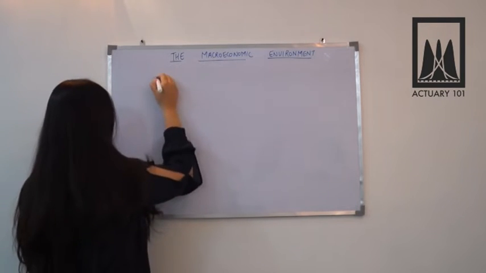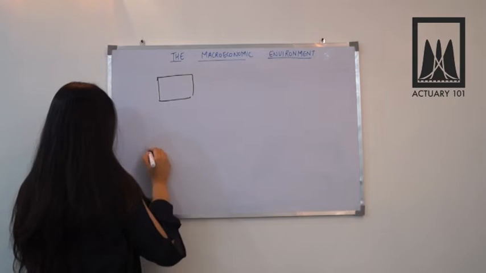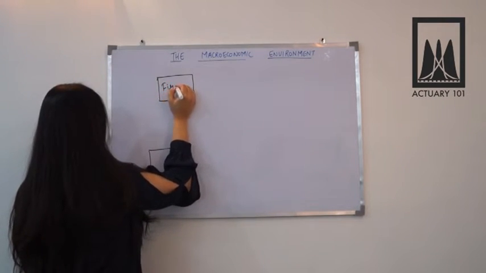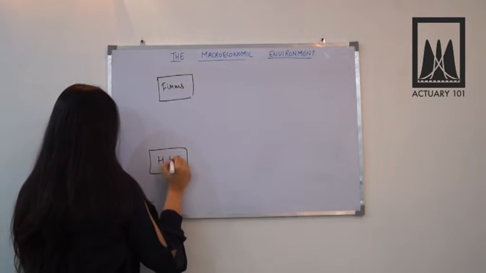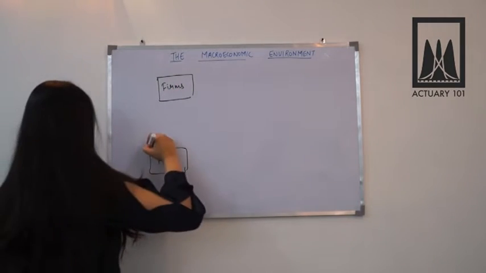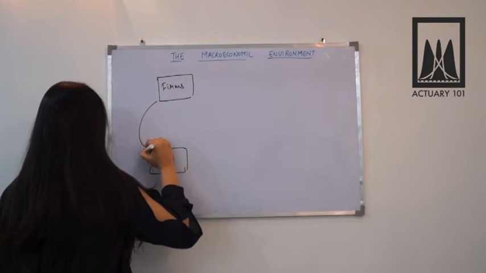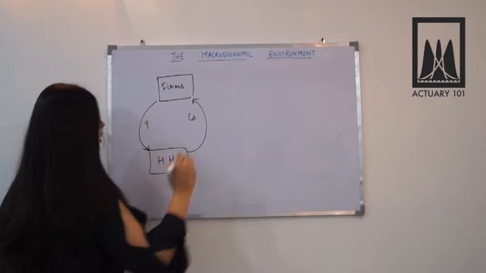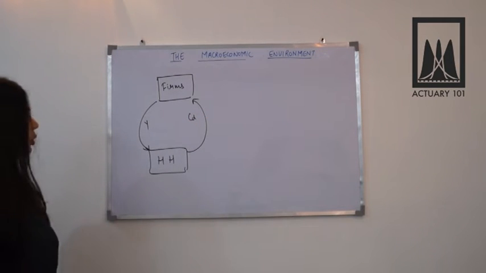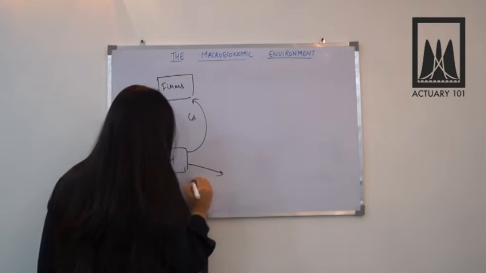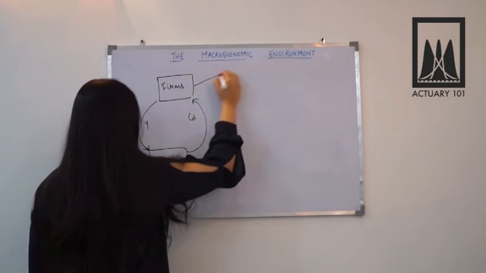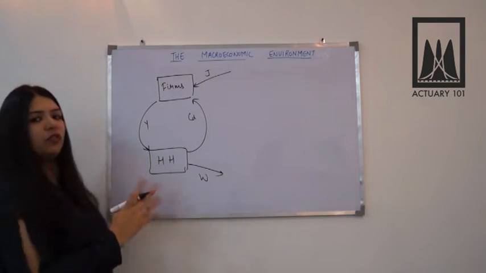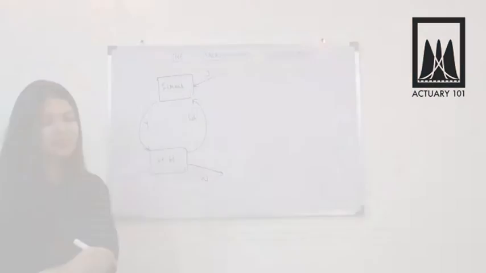So the previous diagram that we saw, if I just make a small version of it, the circular flow, we had firms and households, and here we were getting factor payments, that was Y, and here we were making payments for the consumption of domestically produced goods. Here there were some withdrawals, and here, to the firms, there were some injections. So this was the basic idea of the circular flow diagram.